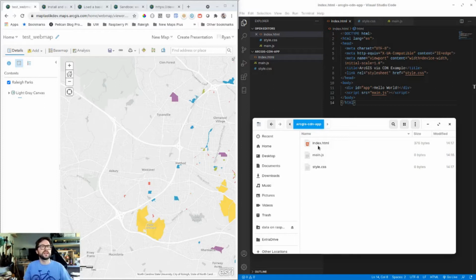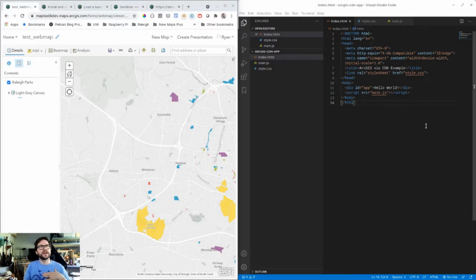I've got index.html, which is where my markup is going to be, main.js, where the JavaScript code is going to go, and then style.css, which is going to be the styling information. So I've got that all in this directory, and then I've opened this directory in my IDE of choice, which is VS Code. So I've got index.html open here, and I've got some basic markup set up in here just